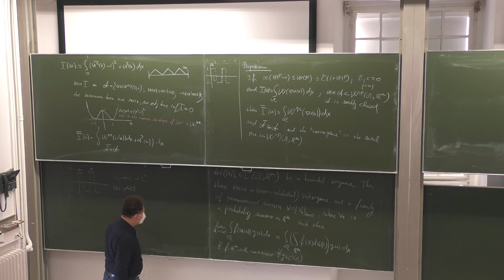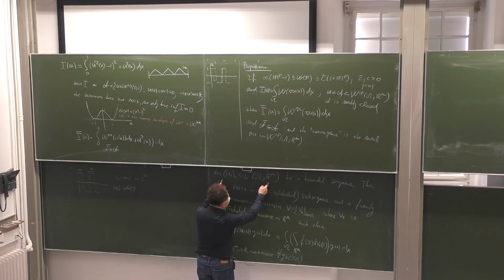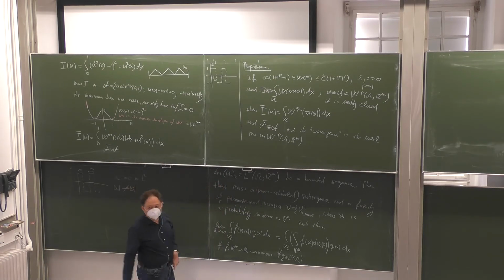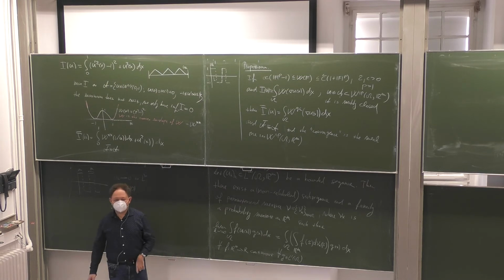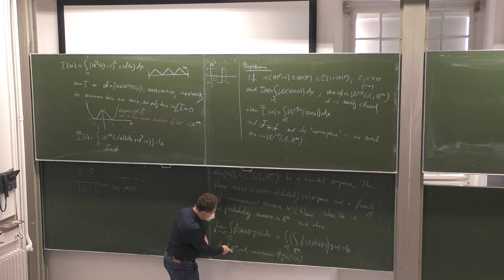So why will this be useful for us? Because this tells me that it's a bounded sequence here. So you can pick a subsequence which converges weakly star in L infinity. But that's the same problem as with weak convergence. If I plug in some nonlinear function, then the limit will not be the nonlinear function evaluated at the weak limit. Here I can do something, because f is very general, it's a continuous function, so it can be nonlinear, and then it tells me what the limit is.